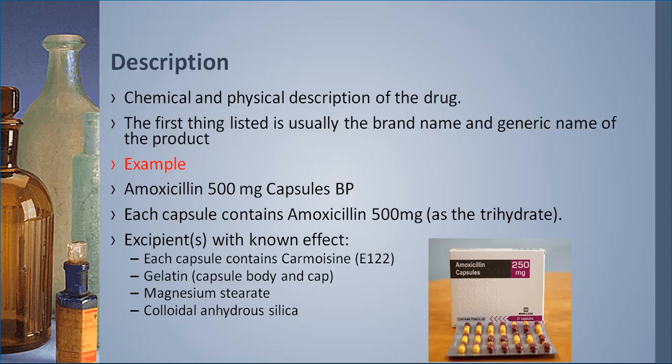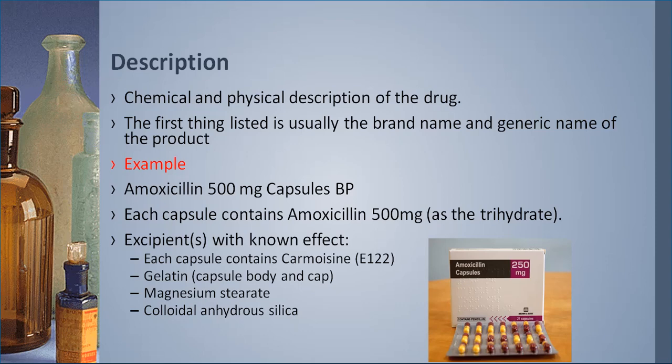first describe the type of medicine that they have packaged. Okay, and this one will include chemical and physical description of the drug. Sometimes it will tell us the color of the drug, it will tell us the smell or the taste of the drug, okay, and it will tell us the type of chemical that was used, normally the active ingredient. Okay, so the first thing listed is usually the brand name you might see and the generic name of the medicine. Okay, so example, if you have a medicine like what I'm showing you, amoxicillin,